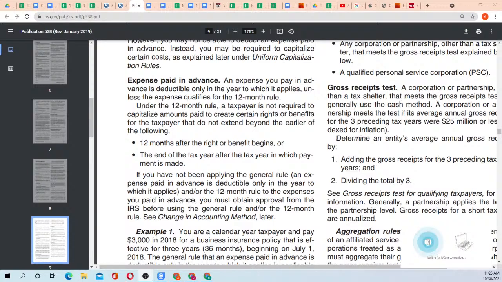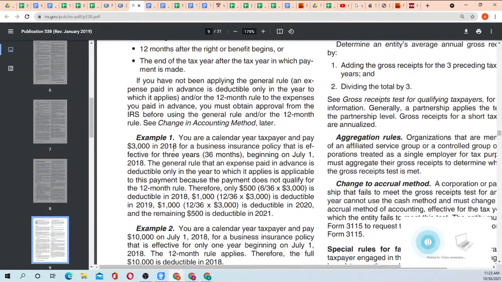And the answer is we can prepay up to 12 months, assuming our right or benefit begins like January 1st. We theoretically can prepay 12 months through December 31st, 2021. And because our tax year ends on December 31st, 2021, we will be able to deduct all 12 months. And we have an example here. If you are a calendar year taxpayer and pay $3,000 in 2018,